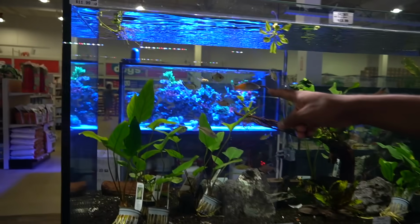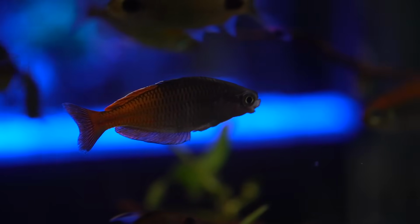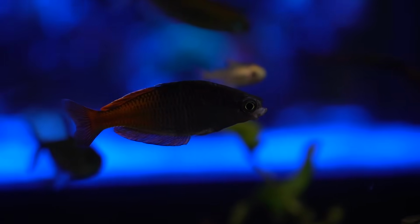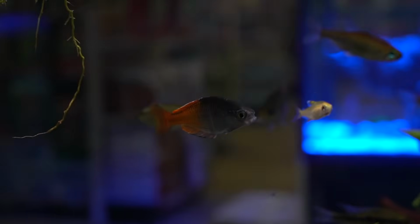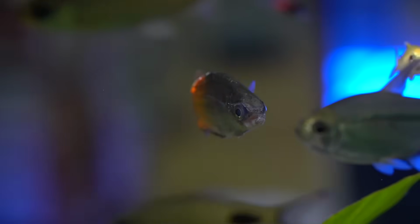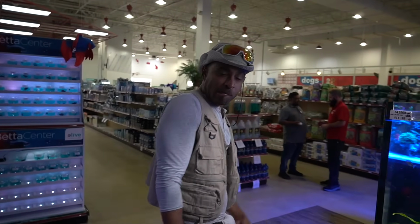Oh, they had to remove a tetra out here. Look at this guy's face. Zoom into that guy's face. One of those piranha tetras I was talking about probably bit him. Or maybe he was born like that. He looks completely healthy aside from his face. Can you see that? Yeah, now you can see it. I don't know, maybe he was just born like that, because he's completely healthy aside from his little...